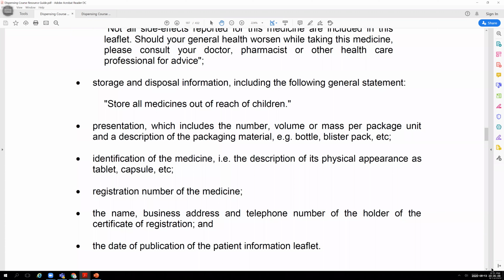What I've just taken you through is from the resource guide, which is the manual. Now you have the theory about what a package insert is. What is the difference between a package insert and a patient information leaflet? What are the components of a package insert versus the components of a patient information leaflet, and which one is targeting patients, and which one is targeting healthcare workers? That is very important. Once you have read this, you go to your learner assessment guide,